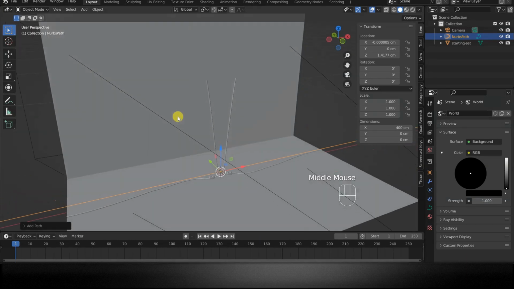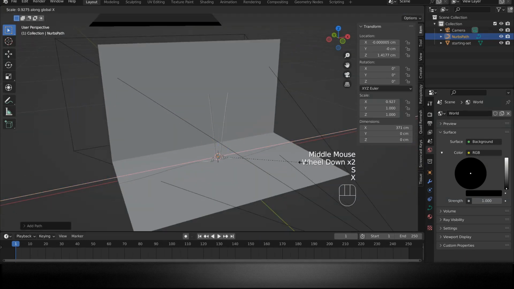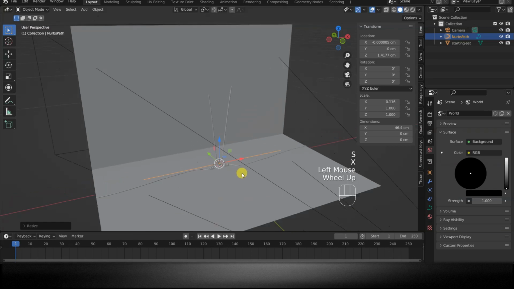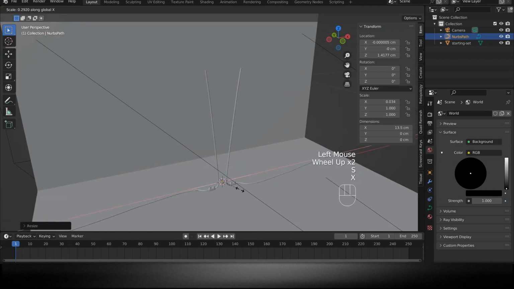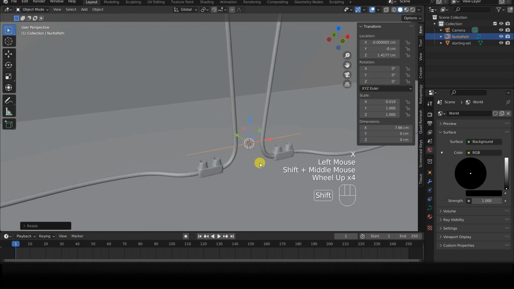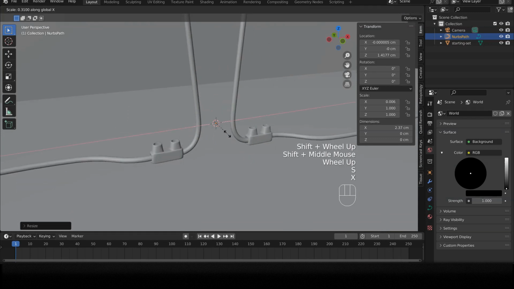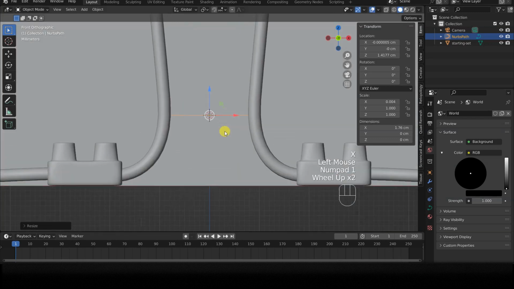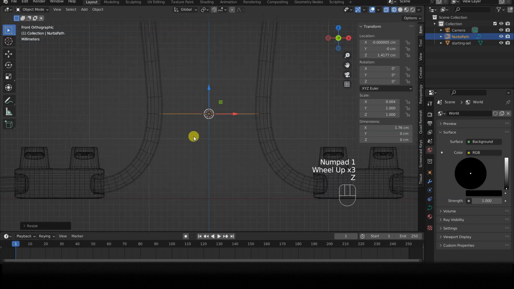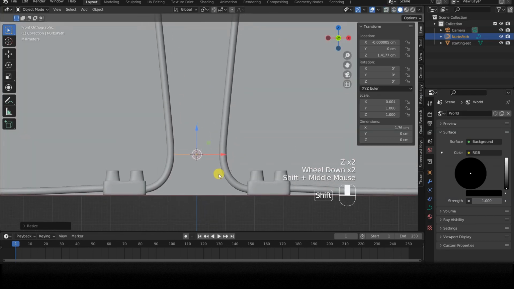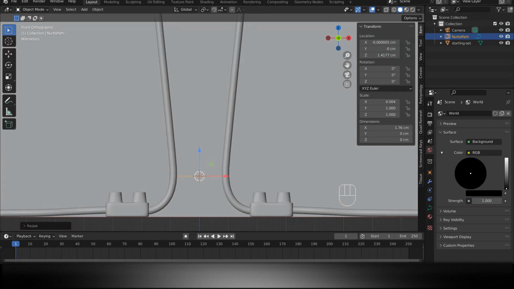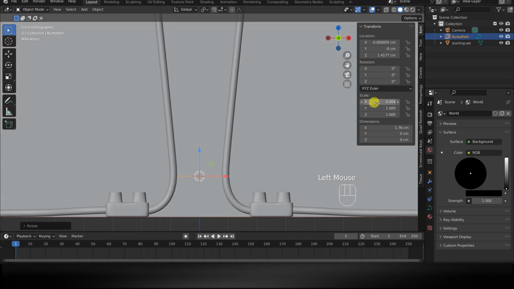The object just created will be much larger than the space between the two electrodes, so let's scale it down along the x-axis using S, X, and the mouse movement. Be careful now because, after this scaling, it is crucial to apply the scale transformations to the object, as it will now have a value different from 1 in scale X, and this could lead to incorrect results when using the wave modifier.